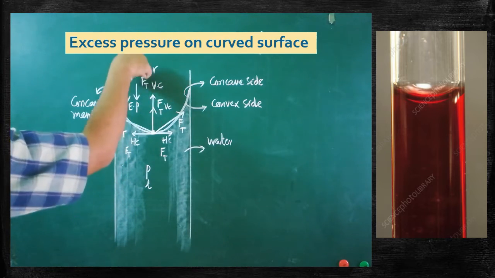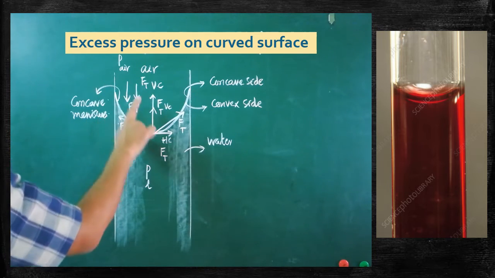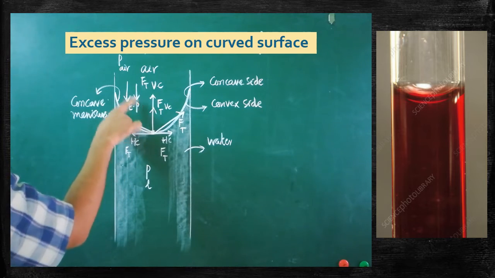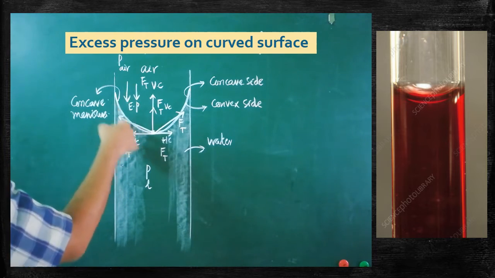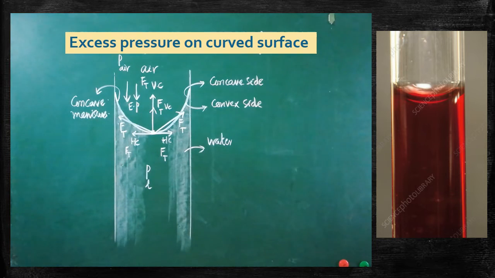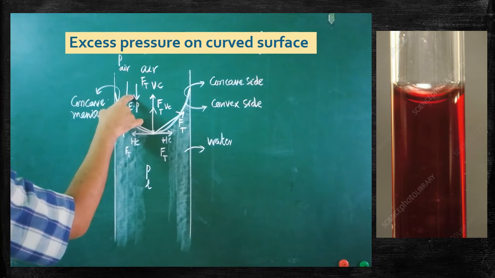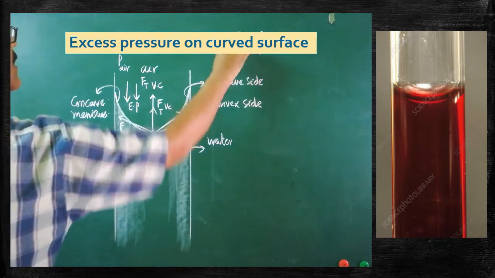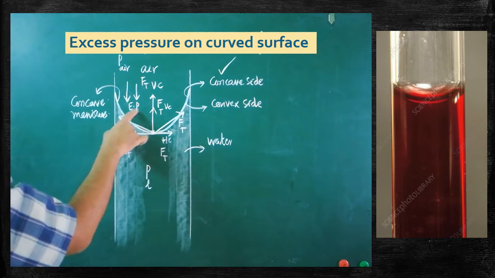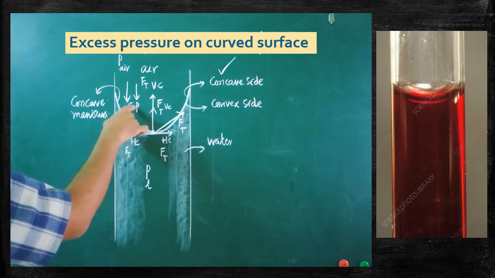This is the direction of the excess pressure. So excess pressure is acting in this direction. Force due to vertical component is acting in this direction. Both of them will be in equilibrium. Only then is the shape of the curved surface possible. Are you clear? Tell me in which direction that excess pressure is acting. Excess pressure is acting on which surface? Concave surface. Understood? Always excess pressure will act only on the concave side. Understood?